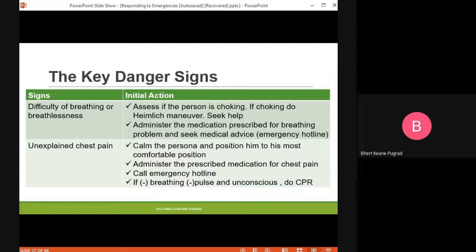Second is unexplained chest pain. So if the person has been suffering from unexplained chest pain, you need to calm the person and position him or her in the most comfortable position. Administer medications prescribed for chest pain, like for example,